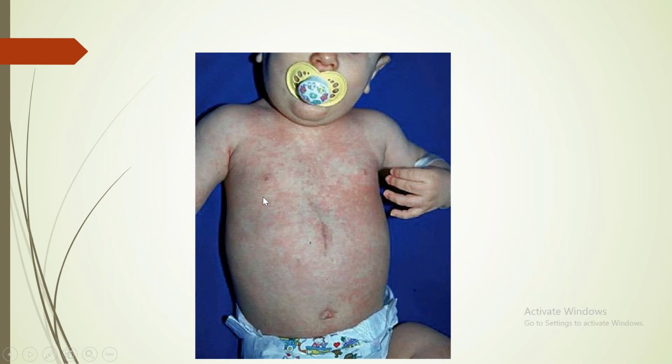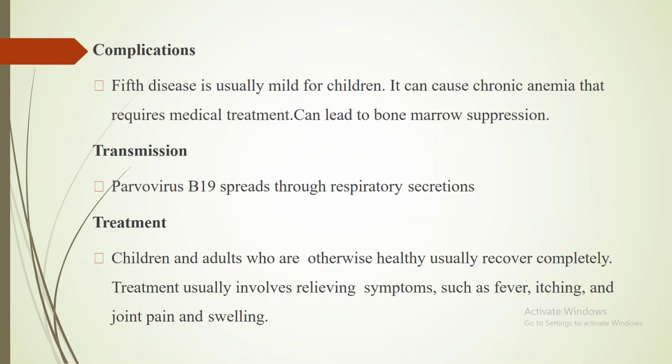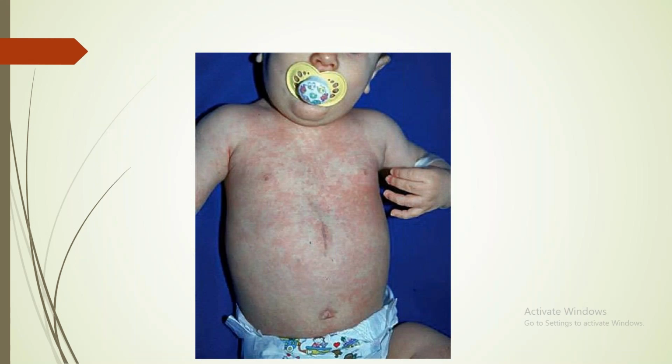So this kind of rash, you can think it can be measles also. But a measles rash, if you think, is mostly seen in children between 6 months to 1 year of age, because most of the children get the vaccine around 9 months of age. But if a child has not been vaccinated to measles, then you have to keep that in mind.